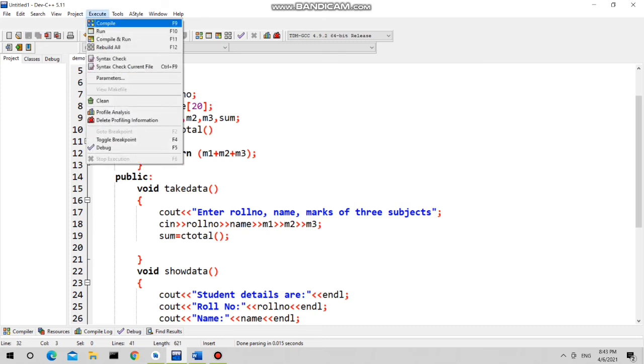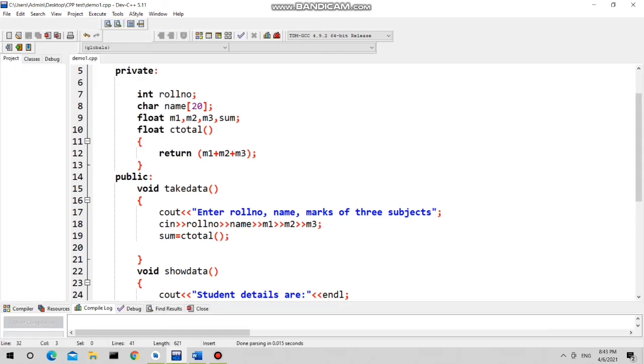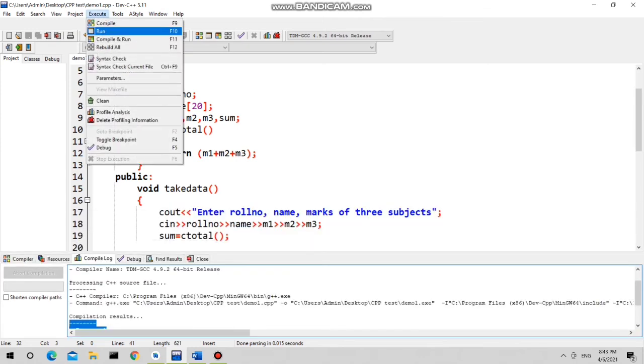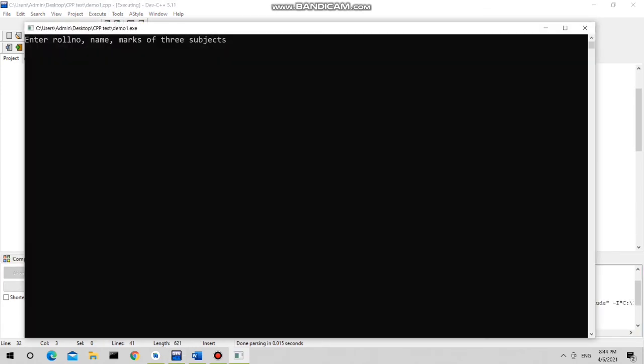And now let's see the output of this program. There is no error and no warning, so let us see the output now. We are getting this message: enter roll number, name, marks of 3 subjects. Now give the details. I have given 12 as the roll number, then Ravi, and then 3 subject marks.